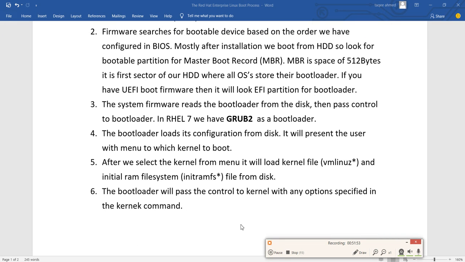We have seen till now that the bootloader passes the control to the kernel. Next we will see in the next part.